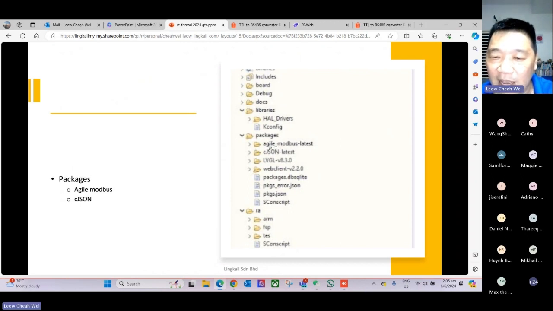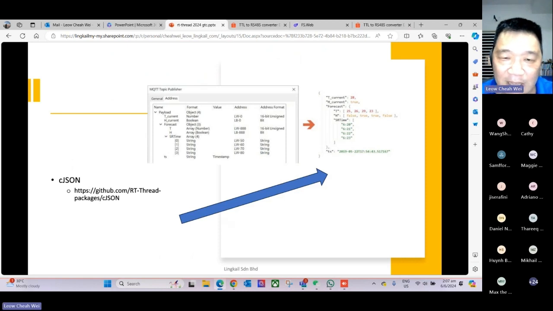Like the RS485, where we use the Modbus library. We also use JSON, and LVGL for the display and the web client. So let's take a look at some of these. For example, in MQTT, which is commonly used in IoT,